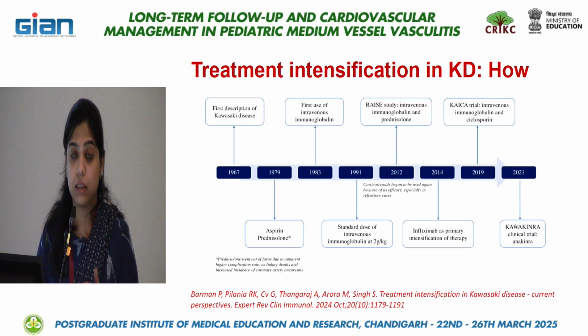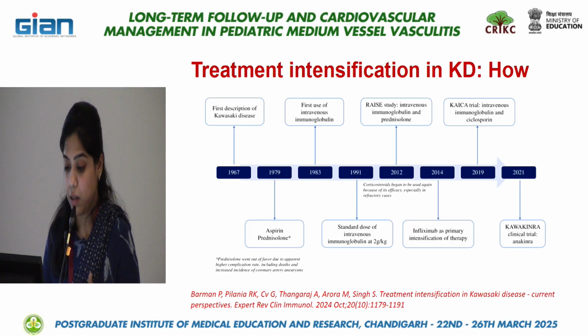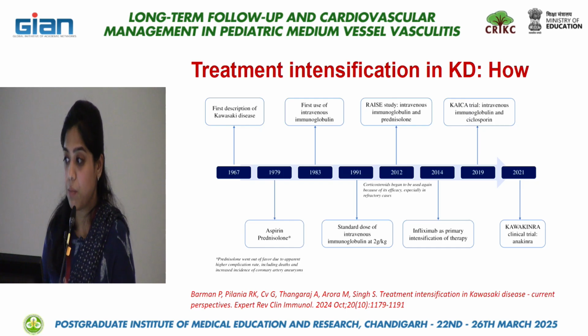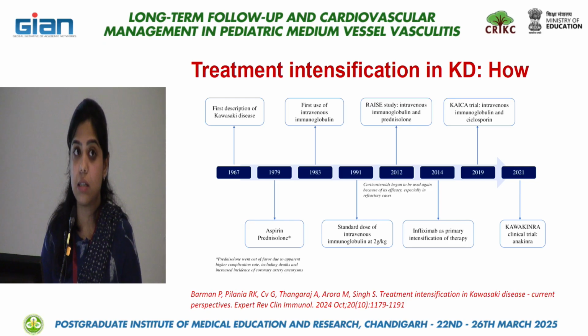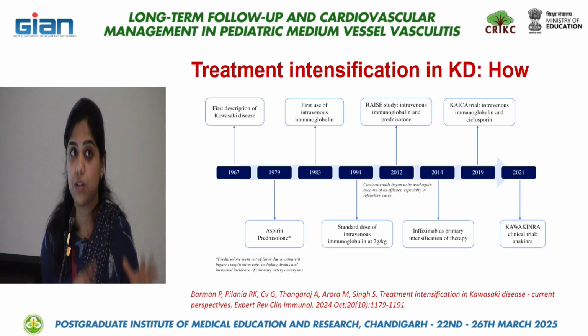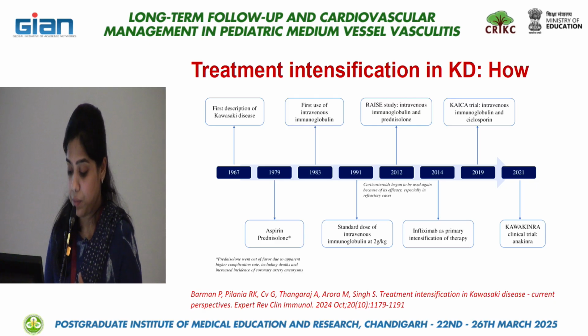Coming to the treatment part, I think the drugs and the studies have more or less been covered. So this slide has already been shown by Dr. Abe. From the time that we thought initially prednisolone was not useful, then the landmark RACE trial has shown that prednisolone is useful, and later there are trials for infliximab and cyclosporin, and anakinra has come up. But the thing is all these studies, even the RACE or KAICA, classify patients based on IVIG resistance scoring system and then they intensify. There is no study which classifies based on the high risk for coronary artery development and then treats it.